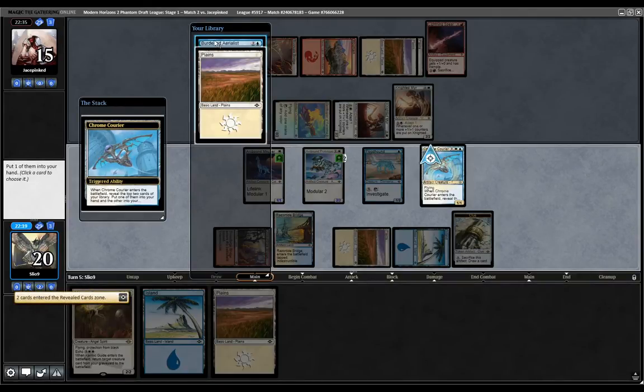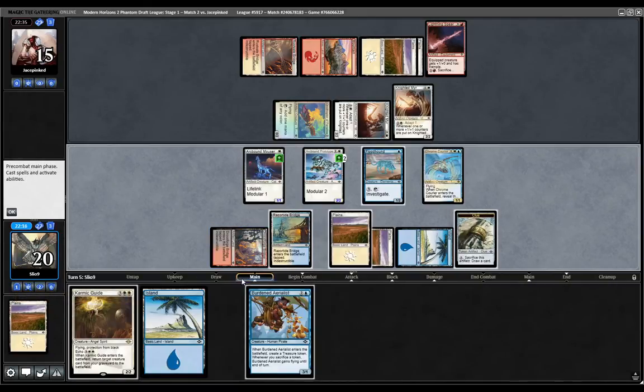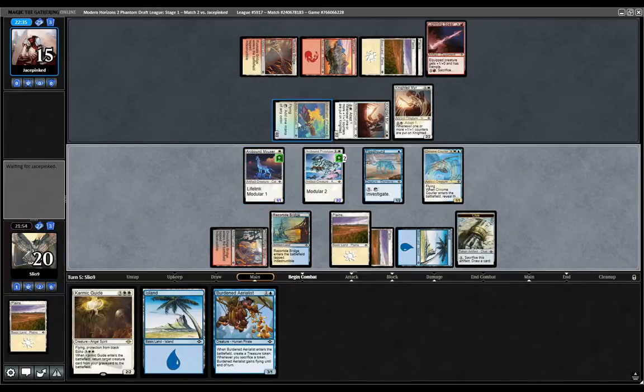Well, I'll take that Burdened Aerialist, thanks. Good rip. Do I want... Probably still want to attack with the prototype here. And blocking against these double strikers is just impossible, so...